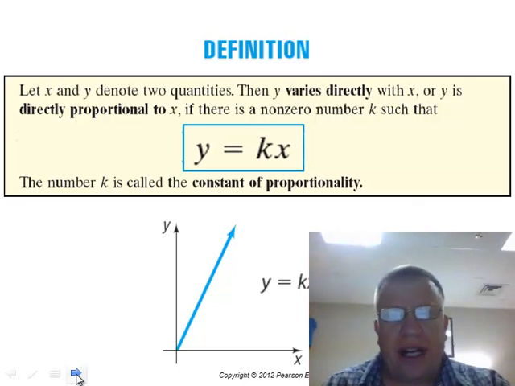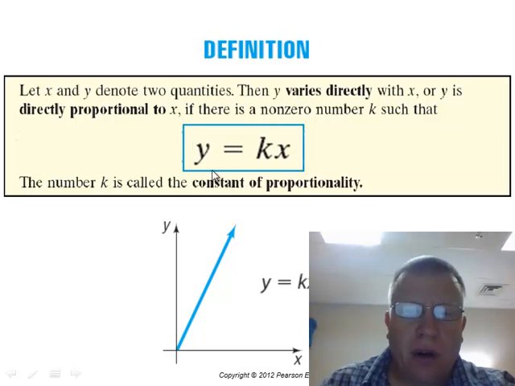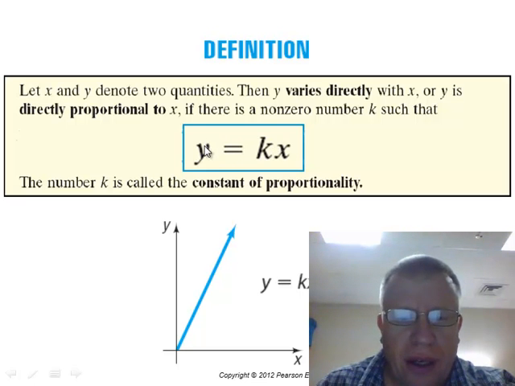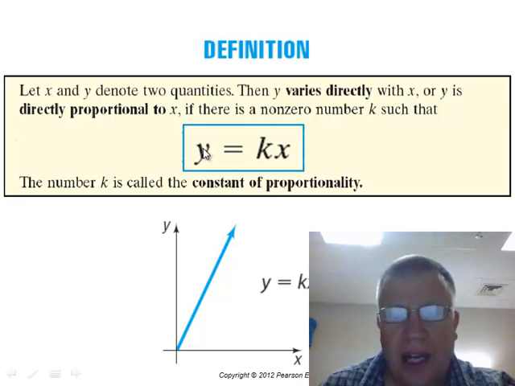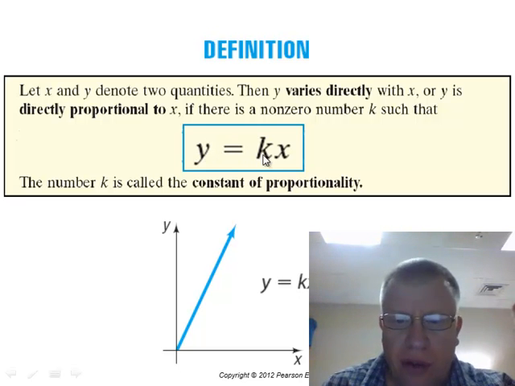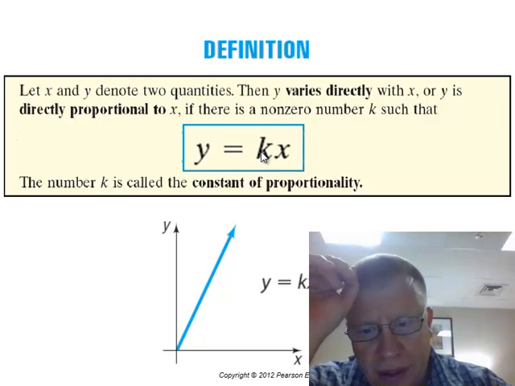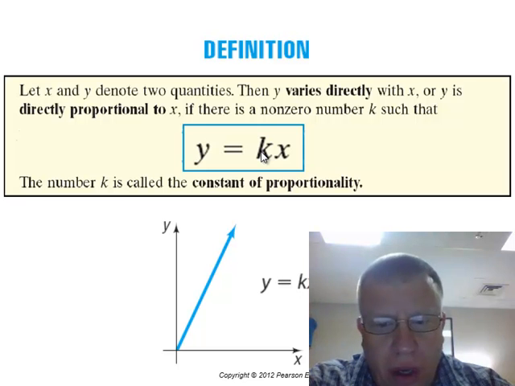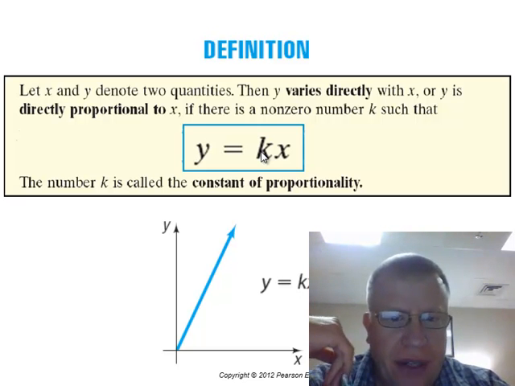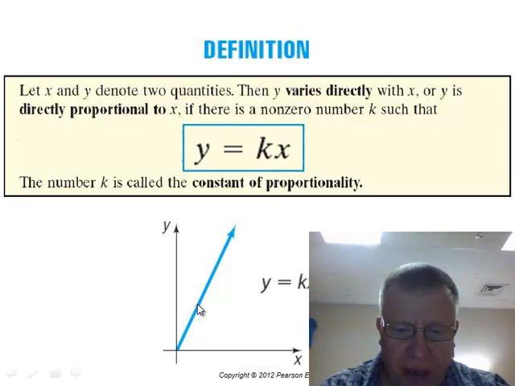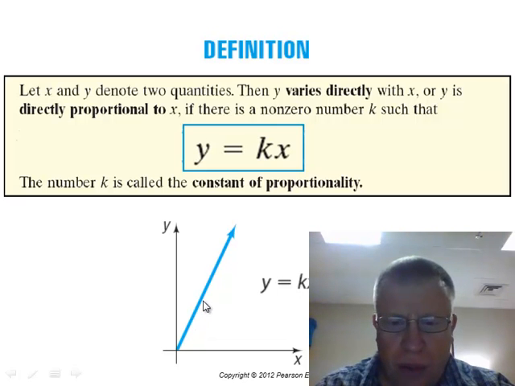So here's what it looks like to have direct variation. Or in other words, one variable is directly proportional to the other variable. And this is the sort of equation that we would use. We would say that one variable, in this case y, is equal to some constant multiple of the other variable, in this case x. And we'll use k as that constant of proportionality. We won't know what k is until we're given some information. All right, and of course, k would be the slope of the line, which would be the graph of this